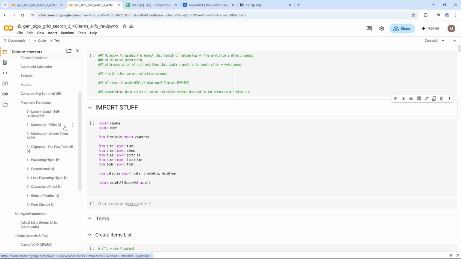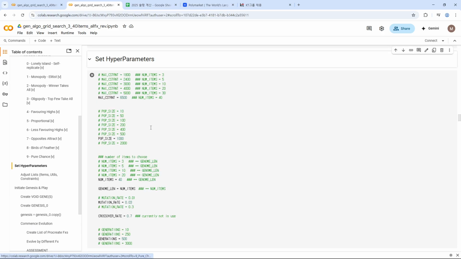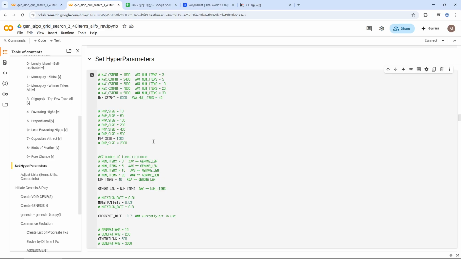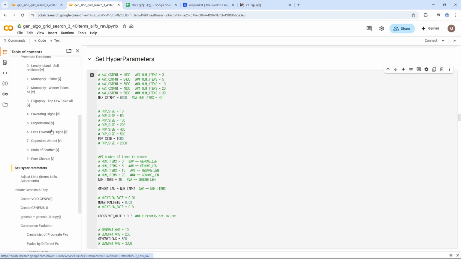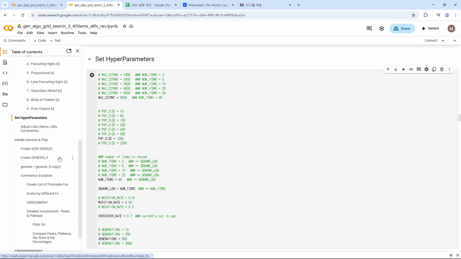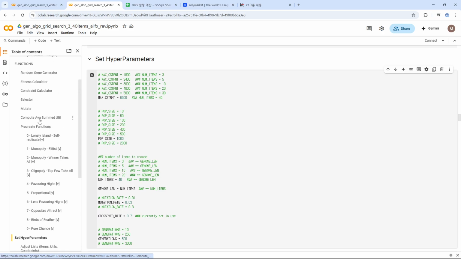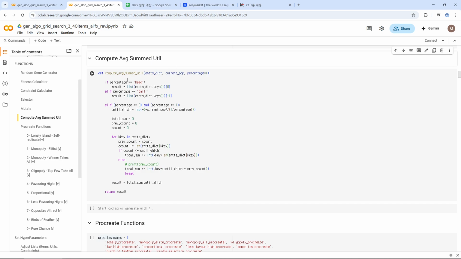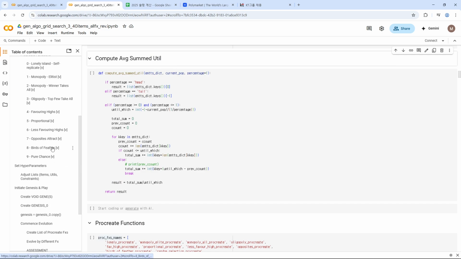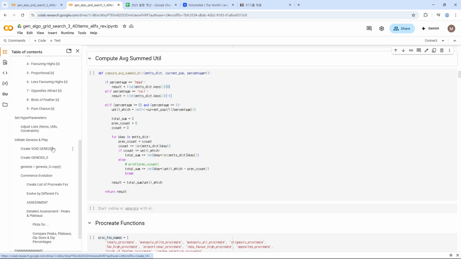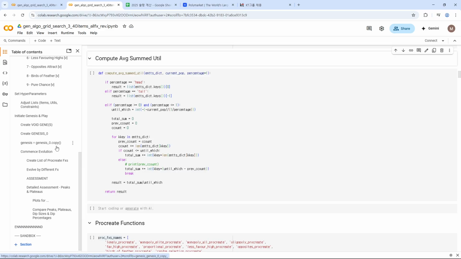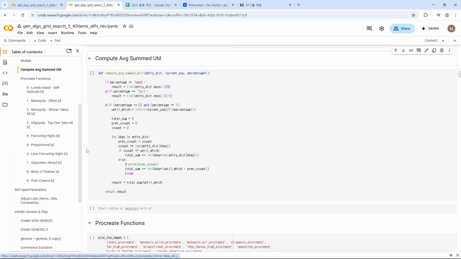All the code up until here is the same, and it's just that I now have the compute average summed utility function, and I'll be using that. And at the end of each evolution for each procreate function,